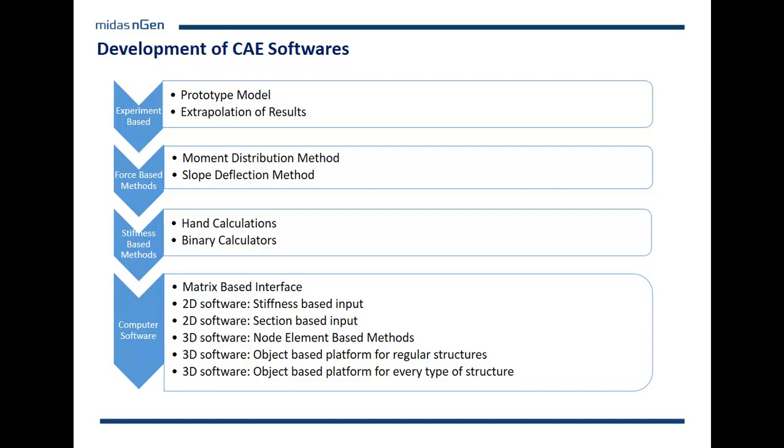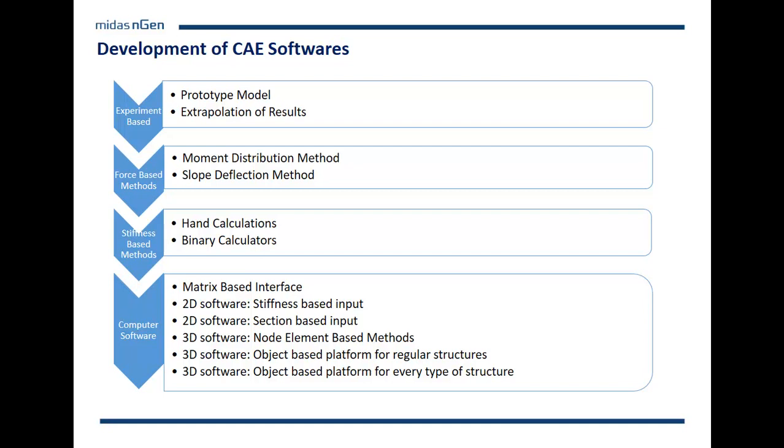And then 2D software was developed where we were able to model the nodes and the elements. And then we used to assign stiffness to these elements, but then the programs were upgraded and we were able to directly input the section into the software, and the software was able to calculate the stiffness by itself. And then 3D software was developed for nodes and elements,